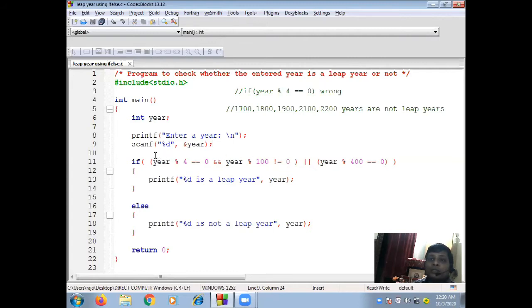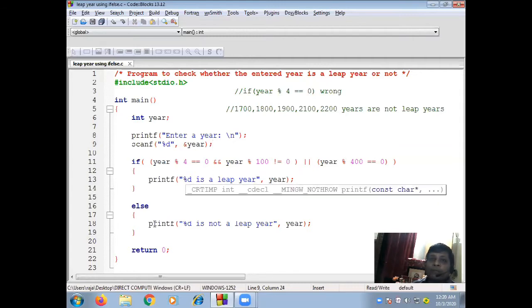Clear? This is one condition. Or if year modulo 400 equal to 0, then it is a leap year. If it is divisible by 4, it should not be divisible by 100; this is one condition. Or if the year is divisible by 400, then it is a leap year.